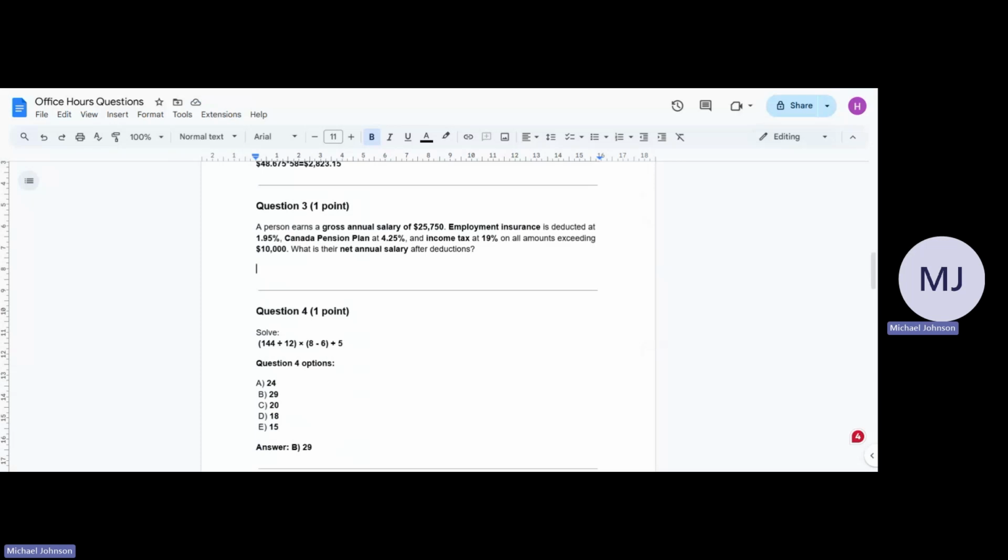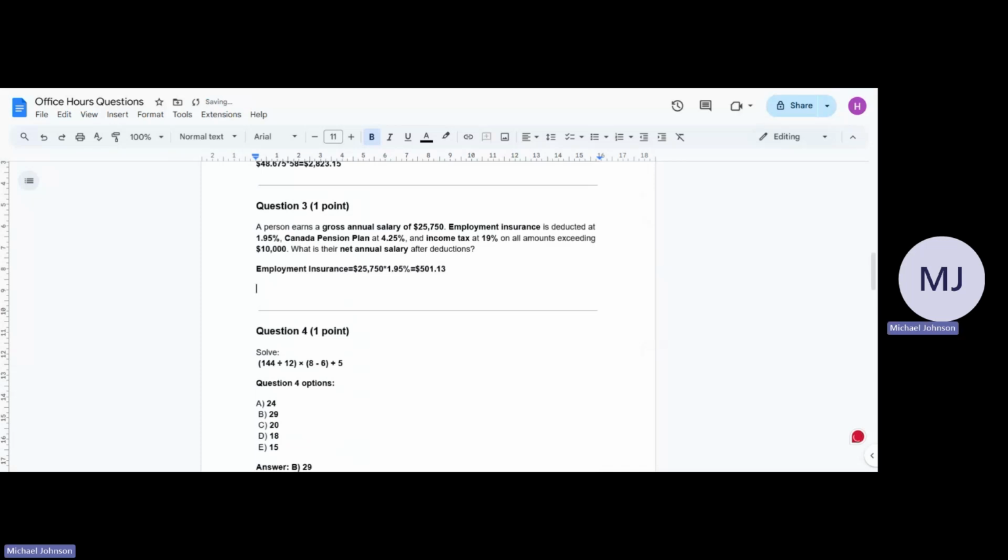So for the employment insurance, we do the 25,750. We multiply that by the 1.95%, and then we'll get 501.13. So we have to take that deduction, and then we got to take the Canadian pension plan deduction again. So we do this as well for any salary we earn. We have to deduct all these things. So 25,750 times 4.25%, we get